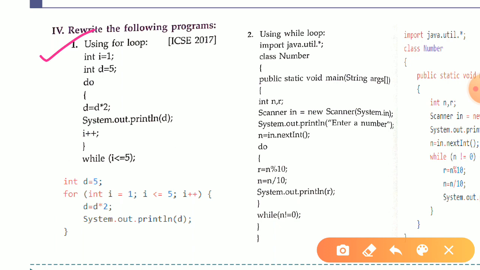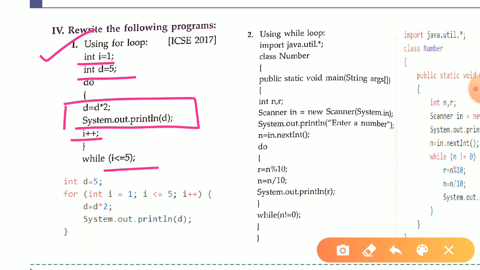Okay, so what we are going to do, we are going to firstly find out what are our initialization phase as well as our test condition and our updation and our statement, or you can say body of the loop. Yes, basically these are our initialization phase. Okay, this is our test condition and this is our updation portion. These are basically our body of the loop, or you can say statements.